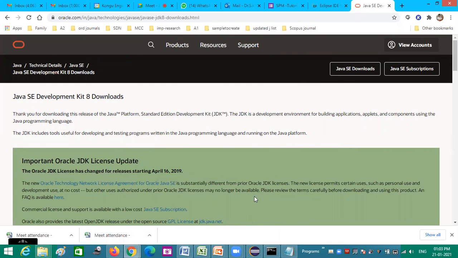So as for now, today we have seen the types of Java applications and the various terminologies related to running a Java program: JVM, JRE, JDK, the first way to run a Java program using the command prompt, and the second way using the IDE.